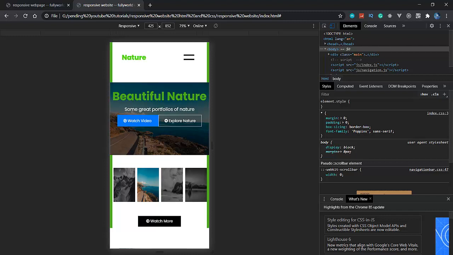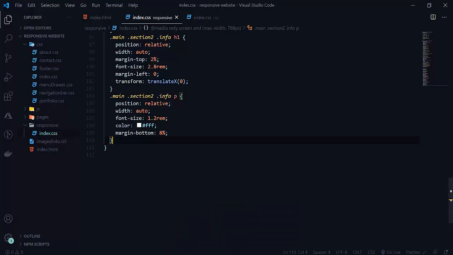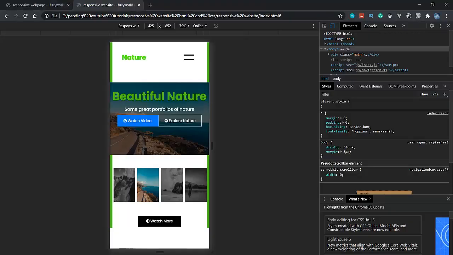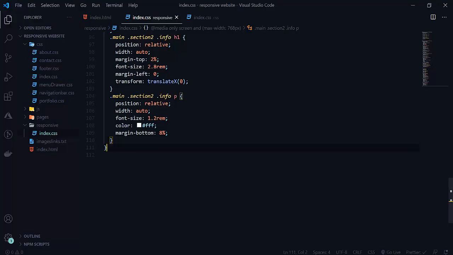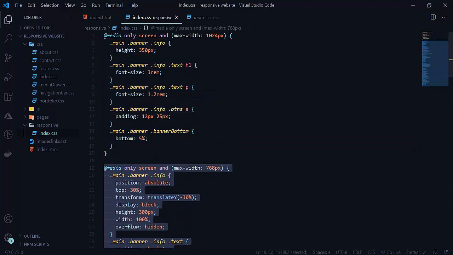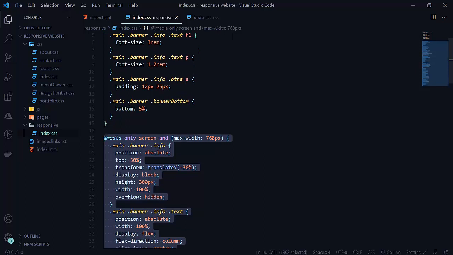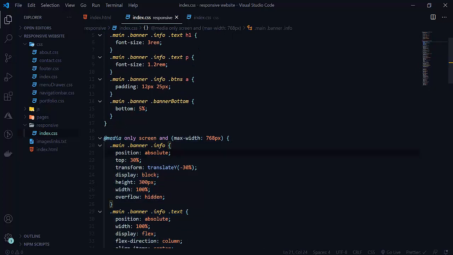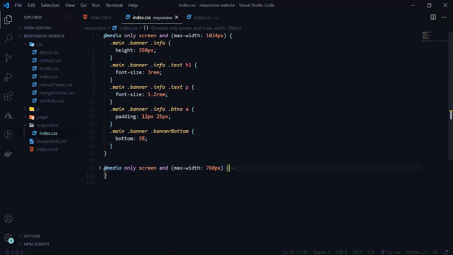So let's see here. Here will be 425 pixel. Okay. So I will copy all this code here. That will be for this maximum width. I'm making this like that, so it will not cover all the space here.